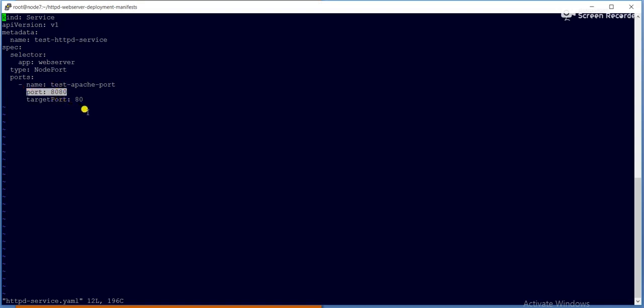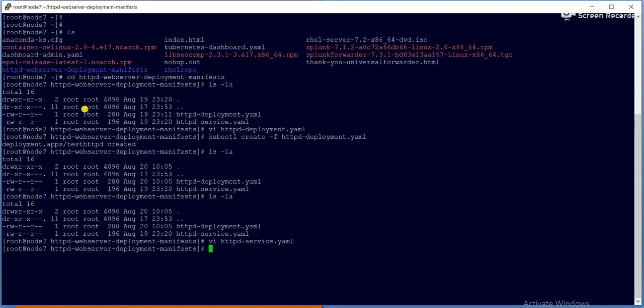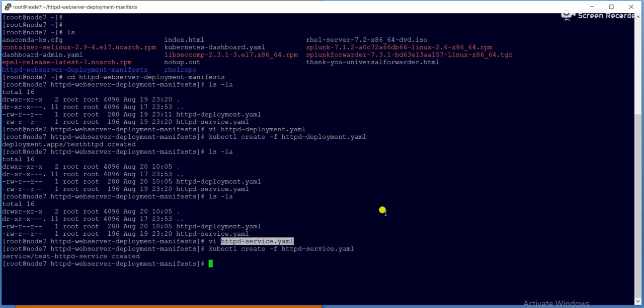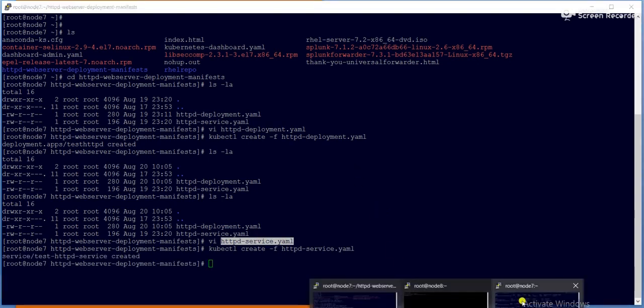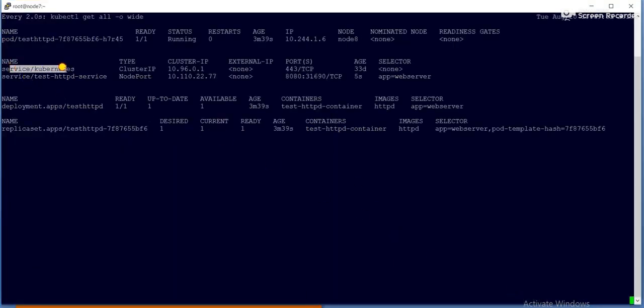Okay, so what I will do, I will just run this. Simply I will create a service: kubectl create -f, then my YML file. So now it will create one service for me. Now it is saying that the service got created. So you can see earlier there was one service, right? So now another service got created. This is node port and cluster IP is this, and because 8080, it will generate a random port for you. Okay, then you will be able to access.